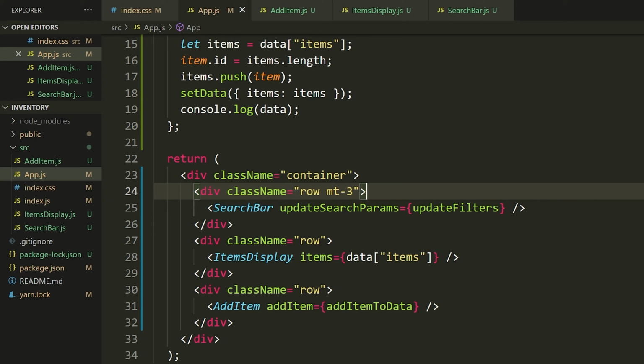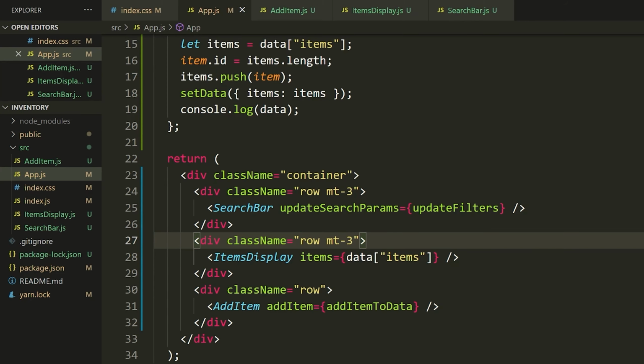Again, I'm going to recommend that you look at the Bootstrap documentation to see exactly what this does, but I believe when you type MT-3, what this actually gives you is a margin that is equal to 1 times the relative line height of your root element. So if you're writing this in CSS, it would be 1 rem. I believe that's what it is. Again, I'm not super confident on that, and I don't want to mislead any of you, so please do refer to the documentation, but this is just going to give us a margin.